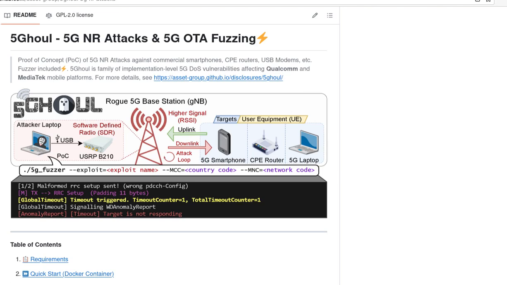Anyways, welcome back. I intend to show how to get 5Ghoul, kind of like my adventures thus far, up and running from start to at least having something connect to 5Ghoul. And what is 5Ghoul? I will refer you to the details in the repository here, but generally speaking, proof of concept 5G attacks against commercial smartphones, CPE routers, modems, and then it's got this implementation of DOS vulnerabilities affecting Qualcomm